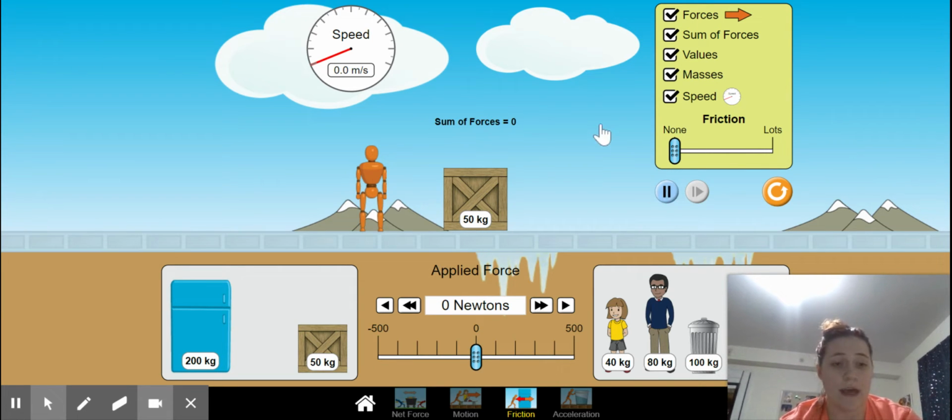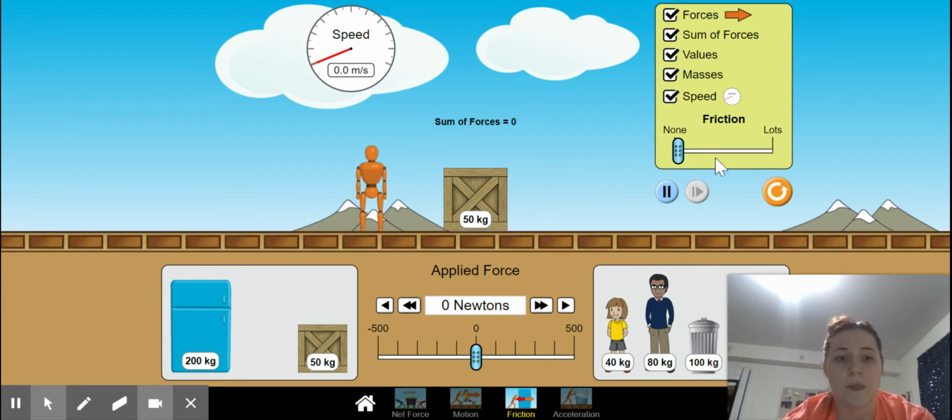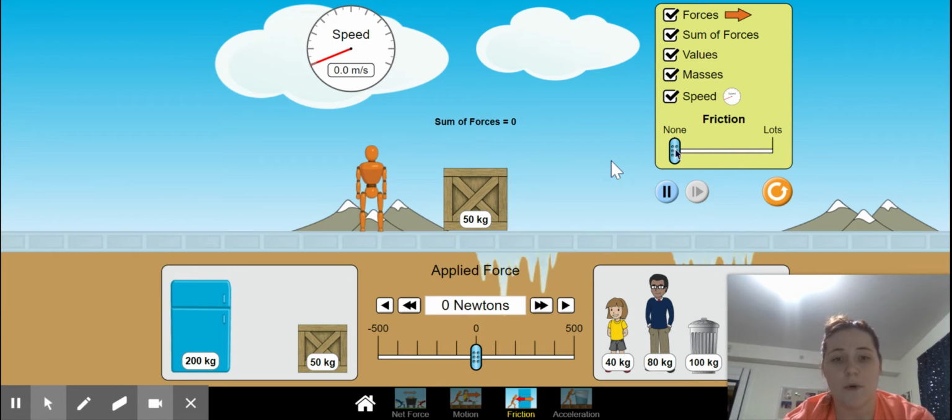So if you have made your prediction, the next set of questions is to change the friction slider to none. Notice that I've got all the other boxes checked. So set the friction slider to none and notice how the surface has changed. What does the surface look like? You can now change the friction to lots, but when it's on none, you can observe